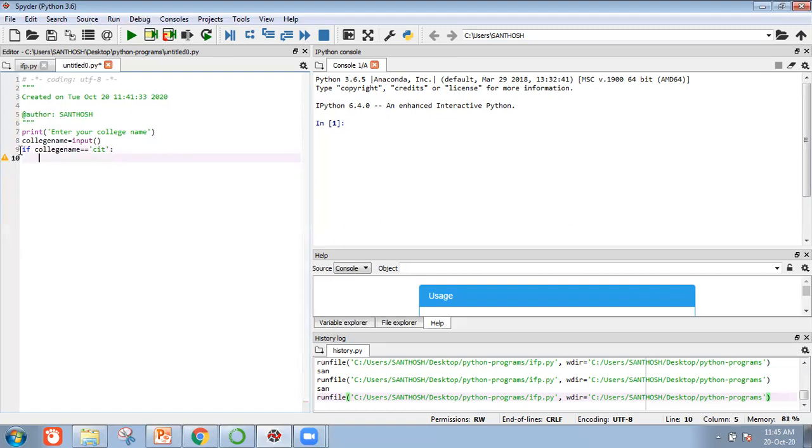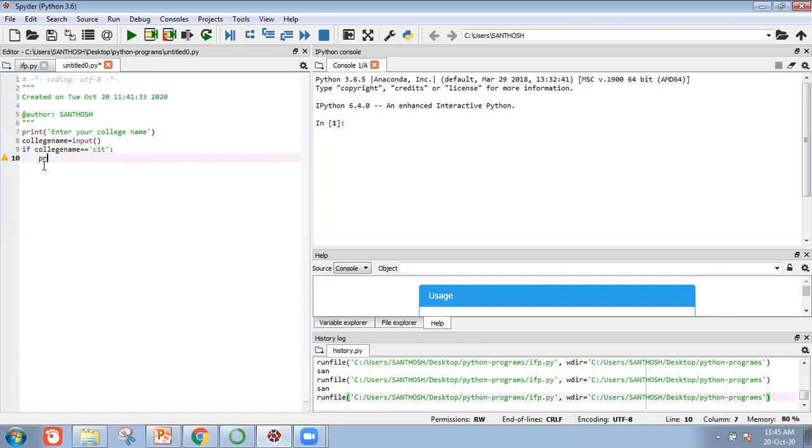If you want to type any statements, for that we have to provide an indent block of code. Indent means we have to provide 8 white spaces, just like a tab. If you press tab, it will provide 8 white spaces. Below the if, if you type without it, it won't accept it. You have to provide one tab space, which is why we call it an indent block of code. We have to write it below the if. If the condition is true, then it will execute the indent block of code.